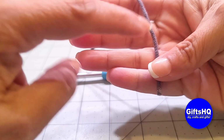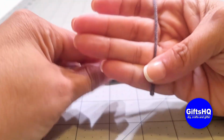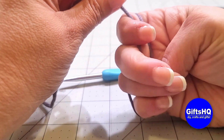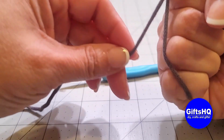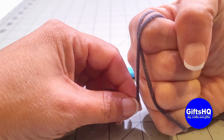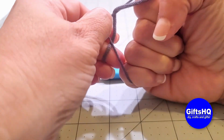Go ahead and take your thumb and hold it down into place. Then take the rest of the working yarn and wrap it around your hand one time. Close your hand into a fist. Grab this working yarn and put it on top of the yarn that you wrapped around your hand, making a small X. Then go ahead and put it underneath